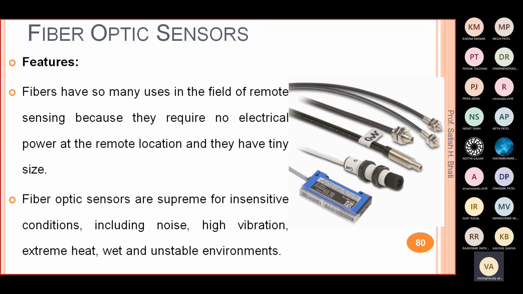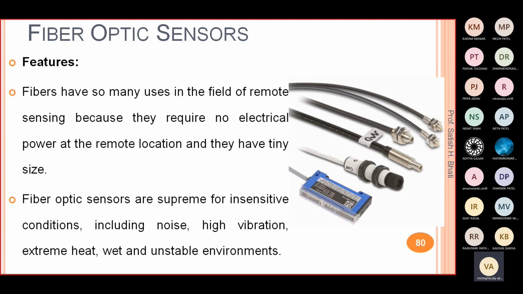After that, when you are transferring whatever you sense from one place to another place, at that time you do not need power, right? And in some applications, like when we are using it to detect something, or to find out whether something has passed through this place, you do not need any kind of electric power, right? Because of that feature you can use this sensor at remote places, right? And the size of the sensor, as you can see in the figure, is very small. It looks like a single wire only, nothing else is there.